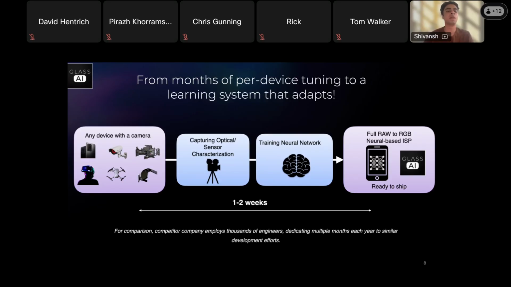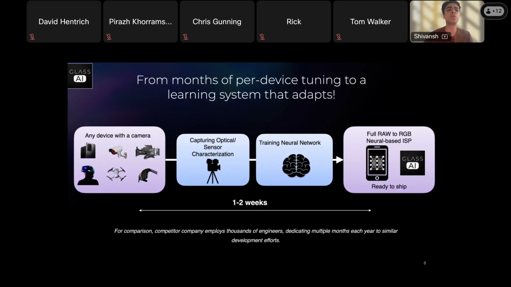So we have developed Glass AI, which is our neural ISP software, and it currently runs on the edge in real time. To do this, we first pick up the camera we want to work on, and we characterize the camera system in our lab. A lot of the details on how we characterize the optics of this device are part of our core IP. Once we are able to characterize the camera in our lab, we then train the network on those characterized bursts of RAWs, and we train it in a manner that the network implicitly learns what lens aberrations it may have to correct for, what sensor noise details it may have to denoise for, and so on.